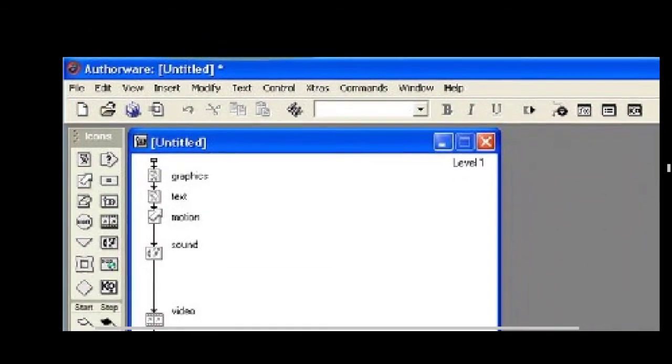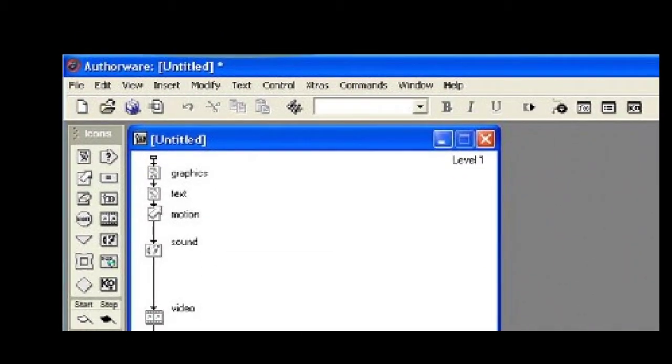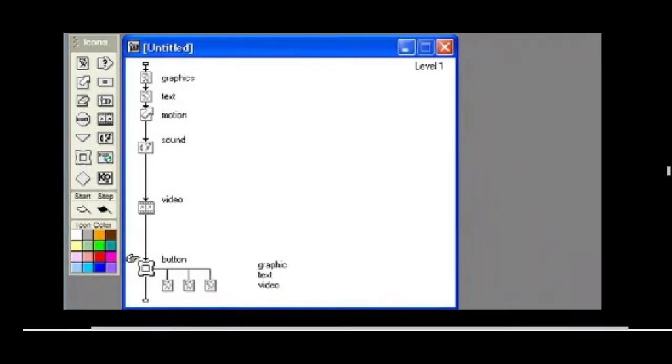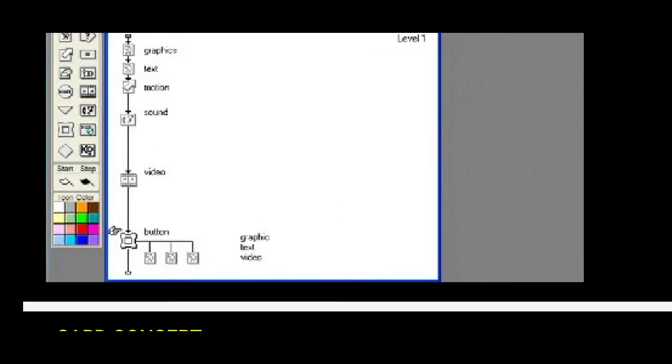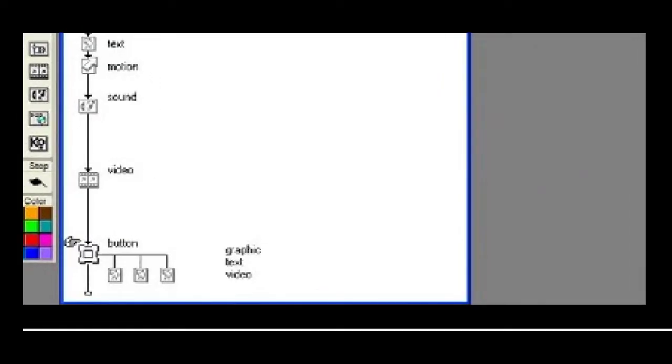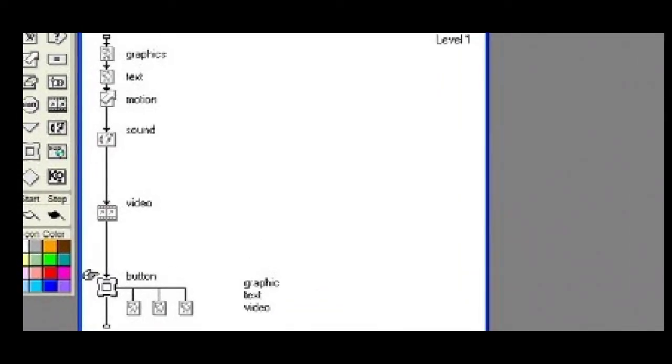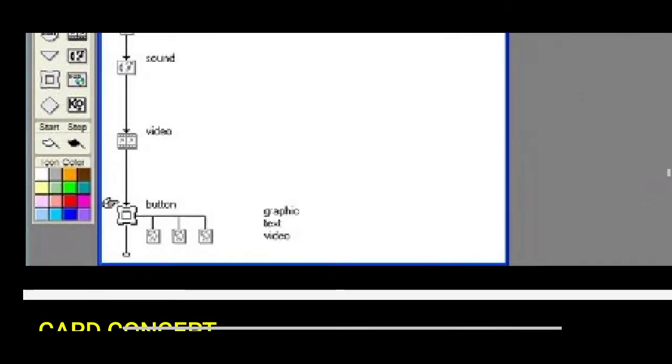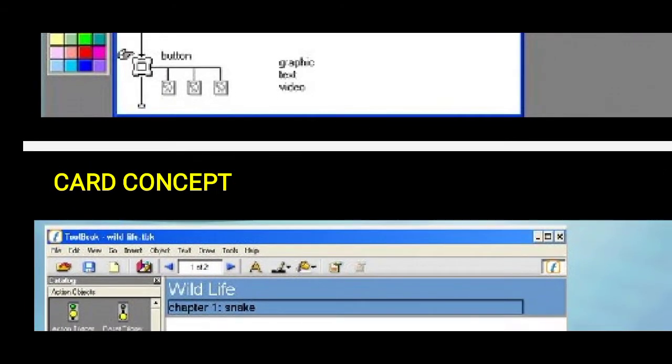Icon concept: it generates the icon, and it is graphics, text, animation, sound and video. The icon is created.